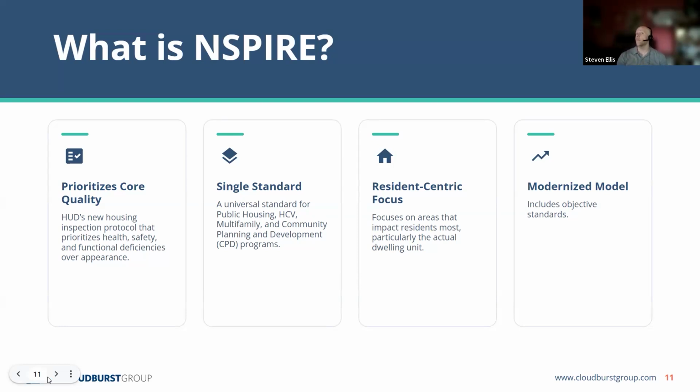The idea of Inspire and why it's coming out is to create a more single standard across all HUD programs. And in a moment, I'll show you what some of those programs are. While it might be a little rocky rolling out across programs, eventually it will make it easier for programs, for landlords, and for families. Because while there is some variability across programs, the core, the basis of it all, will remain the same.